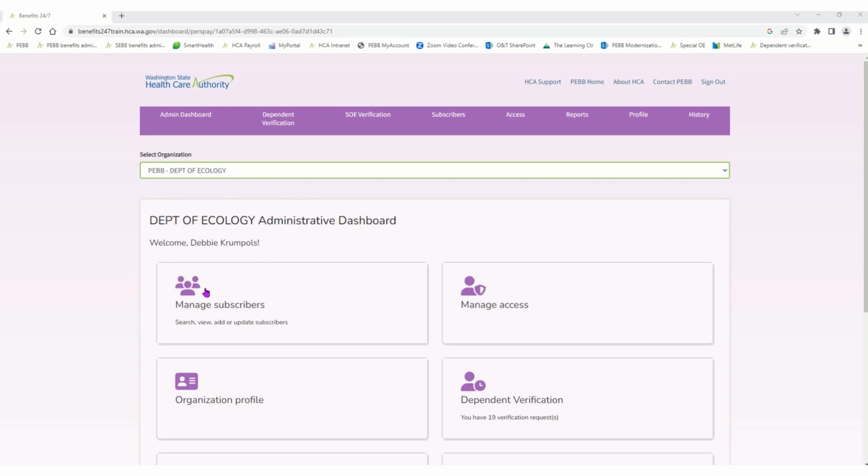The first thing I'd like to say is we are not going to delve into all of the details about each of these functions of Benefits 24/7. Basically, this is an overview. Details will be coming later for each of these different areas in different videos. So to get started on that 50,000-foot overview,